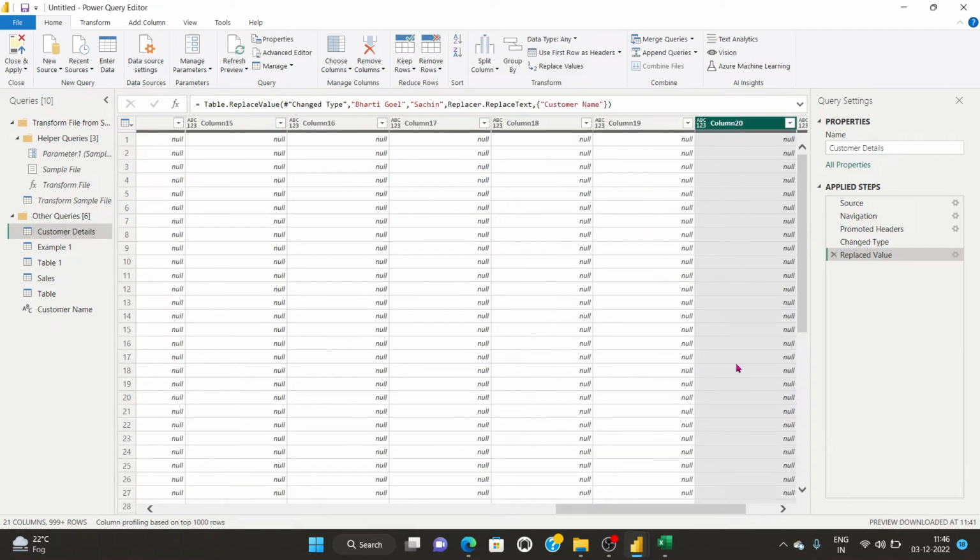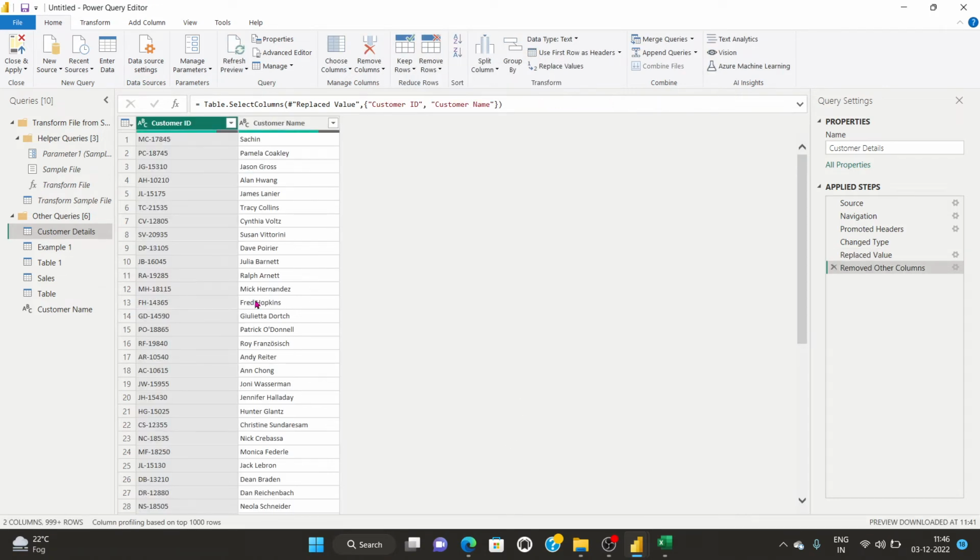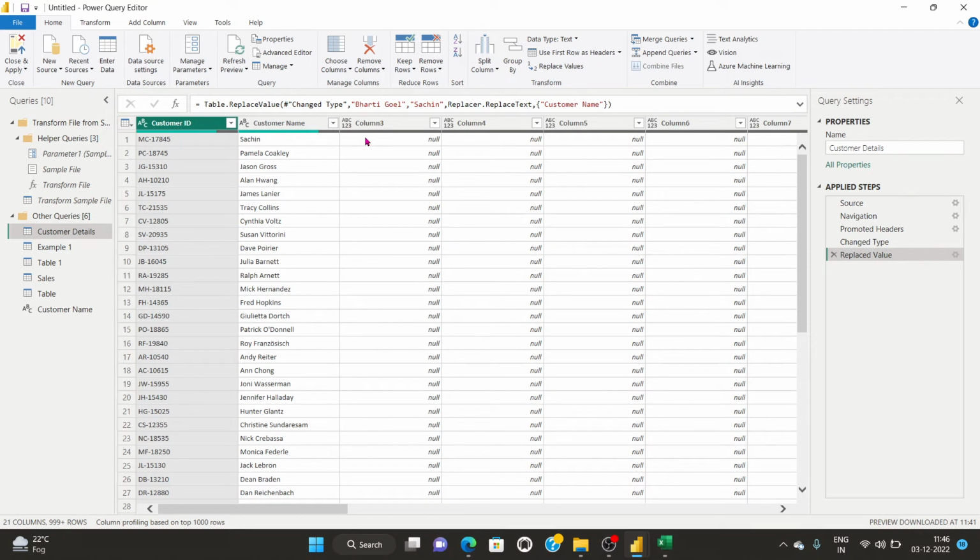So it will move to column number 20 at the same moment. Suppose I click on choose columns and I want to choose the first two columns. So I click on the columns and click OK. You can see it has kept just those columns and removed the other columns. Okay, so I just undo that option and all the columns are